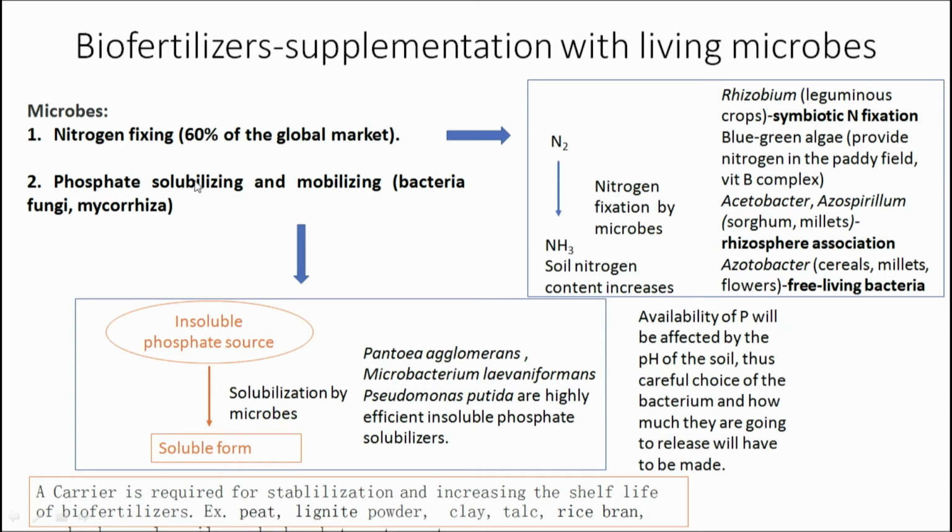I will demonstrate the first example here, that is, nitrogen fixing using microbes. Here is a reaction in which nitrogen fixation is carried out by microbes. There is a list of microbes which I will explain in a while, but first let us look at the reaction they are carrying out. Atmospheric nitrogen combines with hydrogen, derived from various organic sources, to give rise to ammonia, as a result of which the content of nitrogen in the soil increases.